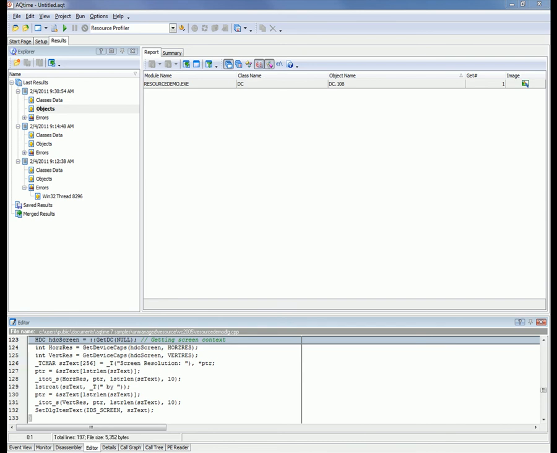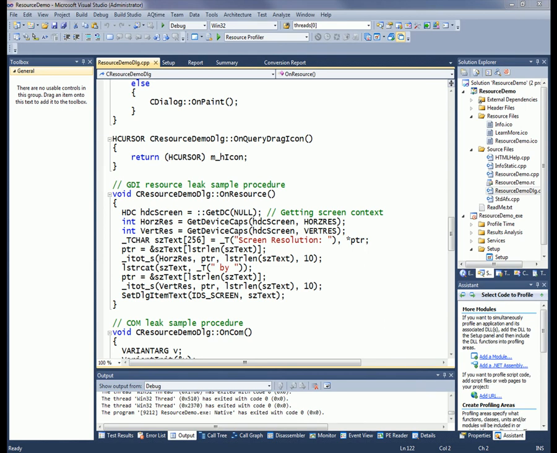Now as you can see, the onResource function that we're working with here allocates the screen context but does not release it, and this is what's causing a resource leak. So what I'm going to do to fix this bug is add some code that will release that device context resource. Okay, so I've just opened up Visual Studio and I've browsed out to the appropriate source code